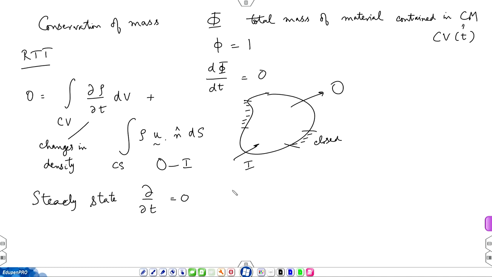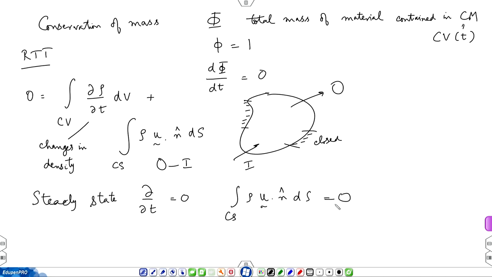So, then you just have integral over C s rho u dot n ds equal to 0, which says that inflow is equal to outflow, which is in terms of mass. Mass inflow is equal to mass outflow, that will not impact density. That is the interpretation and arises from the steady state